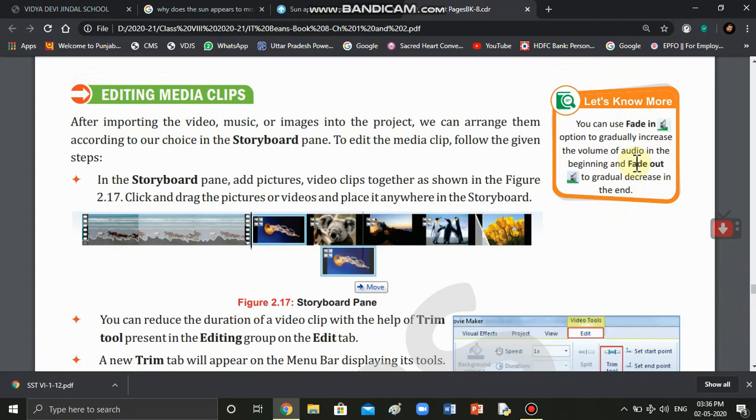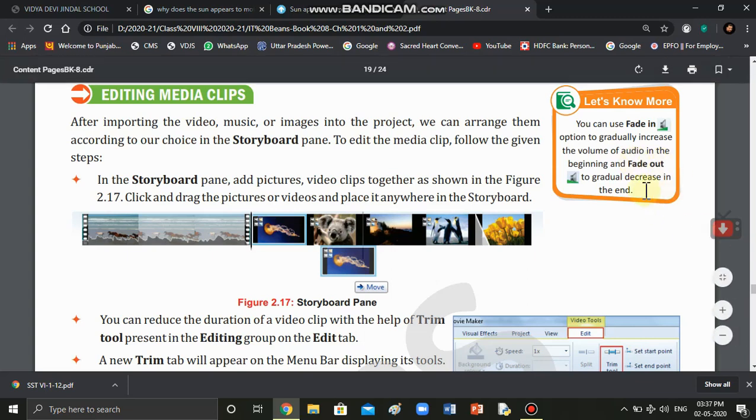If you want volume should get increased gradually, slowly, then fade in can be used. Similarly, at the end, if you want to stop the music slowly, then you should use fade out. So it will gradually decrease the music or audio in the end.